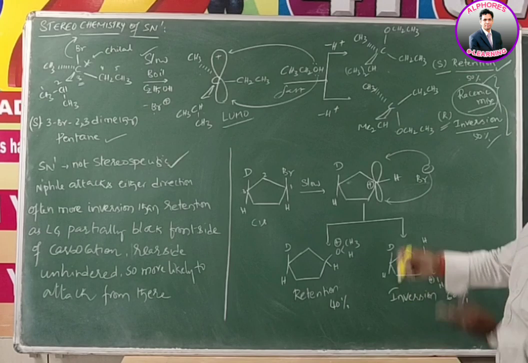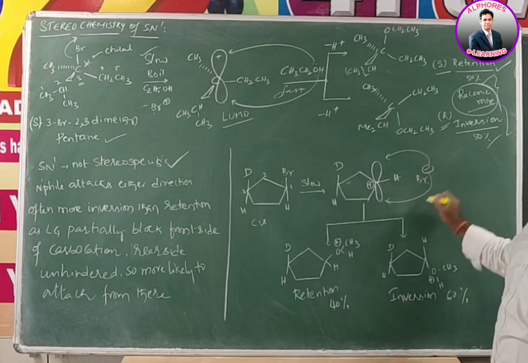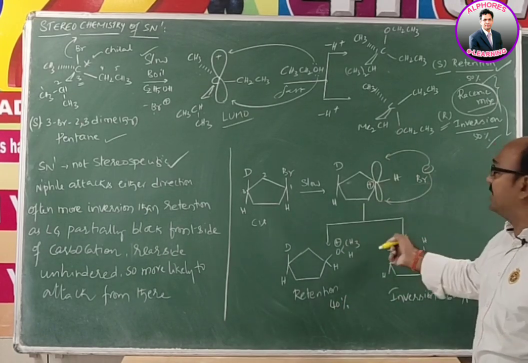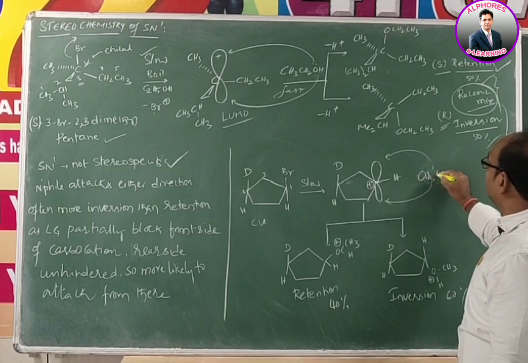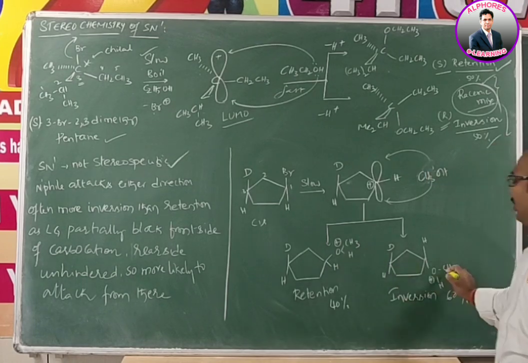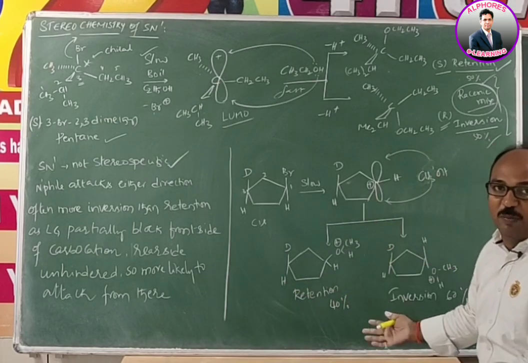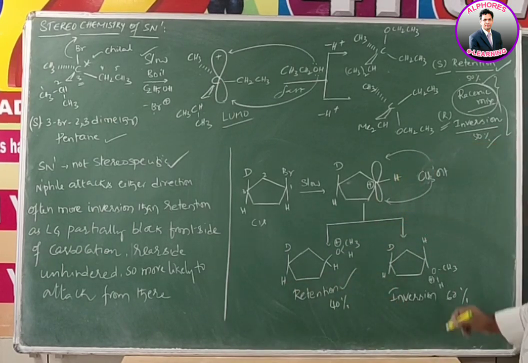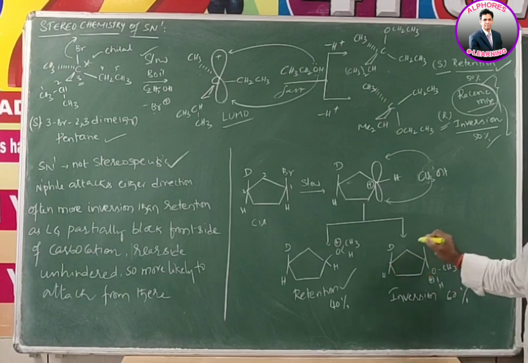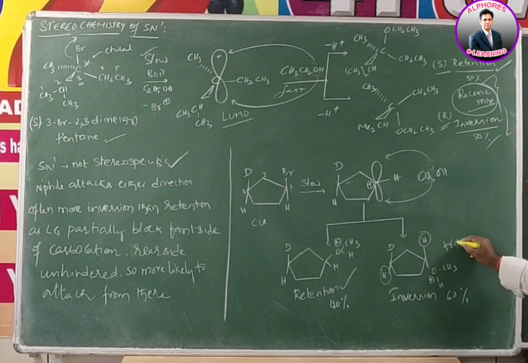Now what are we expecting? The same explanation: Br minus can approach from either direction, from above the plane or below the plane. Then we get two possibilities here, Br minus or CH3OH. Let us consider CH3OH. The CH3OH approaches above or below the plane, so we get two products. In the first one, both the atoms lie below the plane, which we call retention. Here, they are exactly opposite to each other: one is below the plane, another is above the plane. This product we call the trans product.